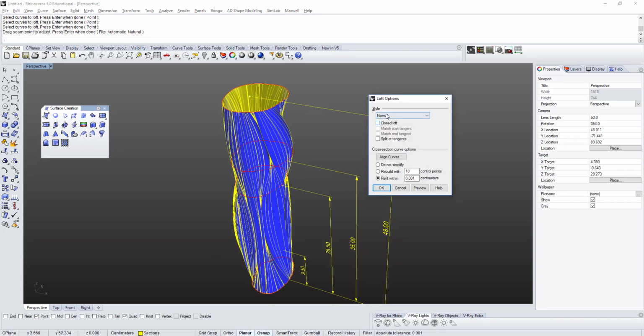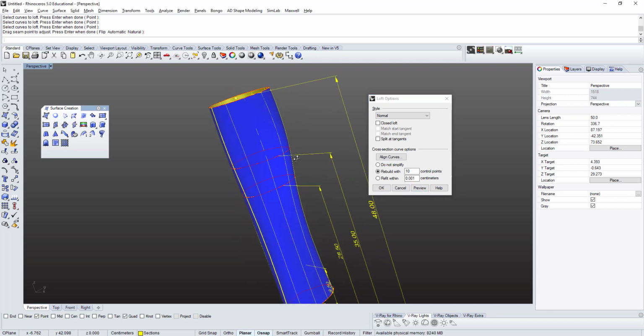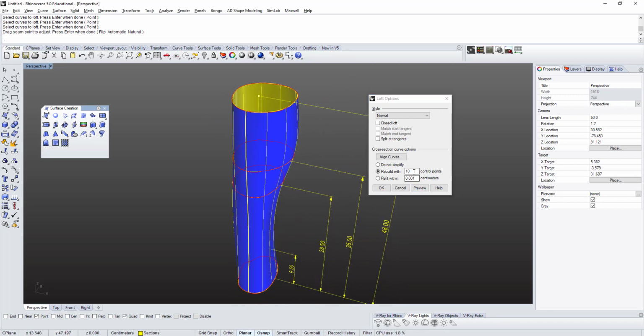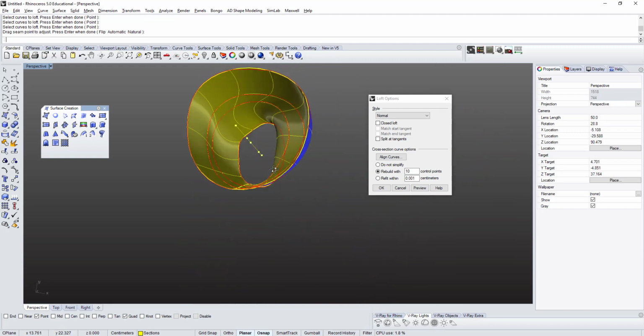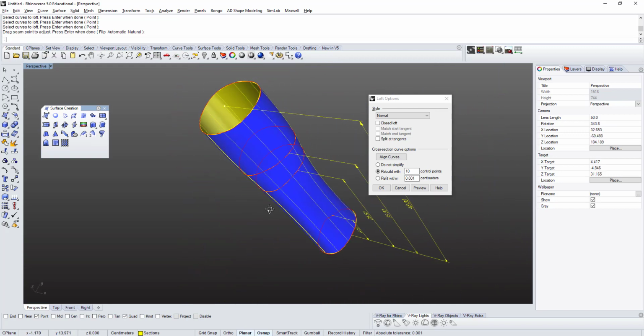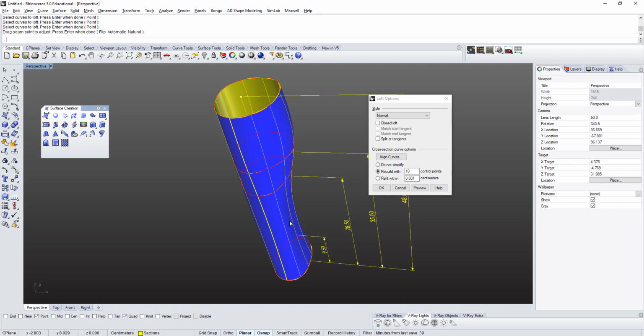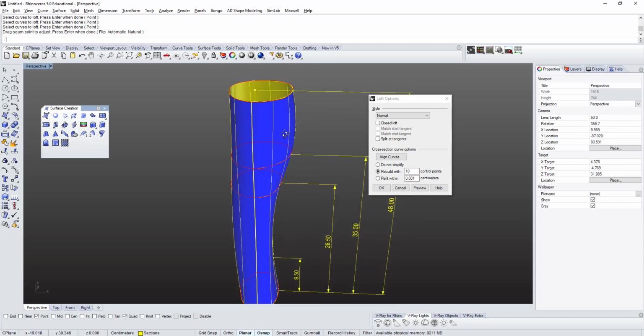So this time I'm going to make sure that I just want to have a surface. So rebuild with 10 control points. What happens if I click on preview? It's going to create a surface. But with 10 control points, in this case, it's not a bad result, okay? It's not a bad result, but you can see that it cleaned up your surface significantly. However, in other instances, in other cases, when you use rebuild with, let's see